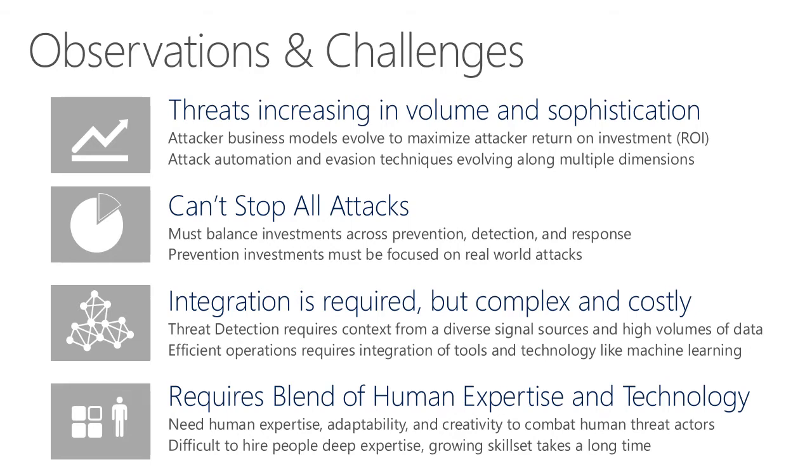Threat detection also requires context from diverse signal sources, not just from single or several types of sources. So a certain amount of machine learning or automation needs to be put in, so that you can correlate signals from one aspect of your entire system with another aspect of your entire system. For example, if a complex or multifaceted attack happens within your network, whether it's on the cloud or